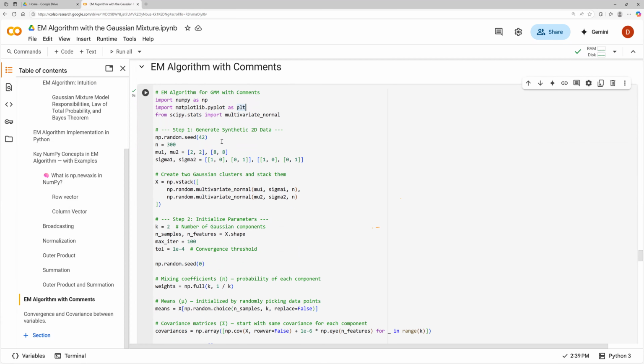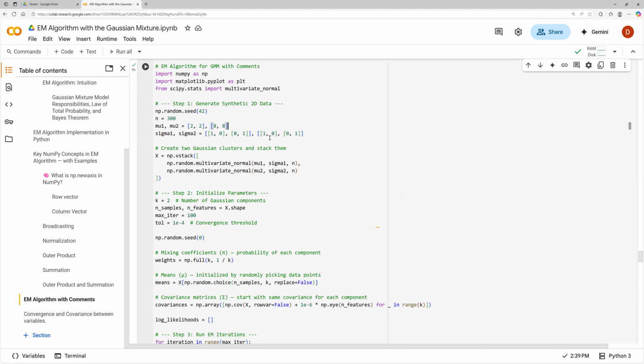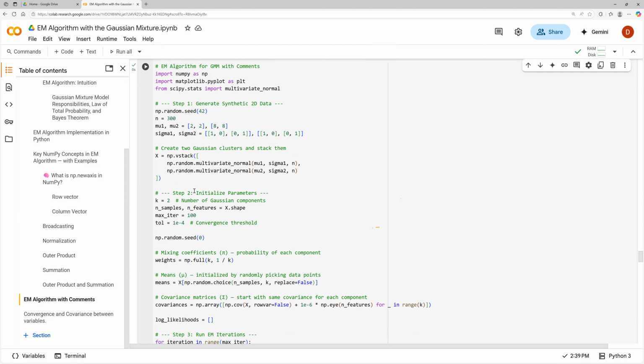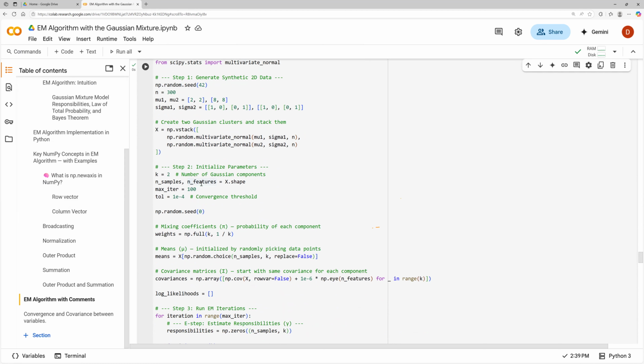Like I mentioned, we need the starting parameters in order for this loop to even begin. We stack these two, and we create something called X, which is our data. And like I said, we initialize it. We set K equal to 2, and the number of samples and number of features is the shape. This time we put in max iterations, because we want to know how many times we want the loop to iterate